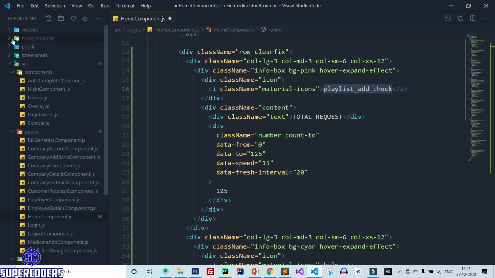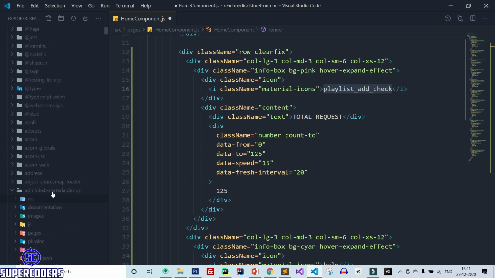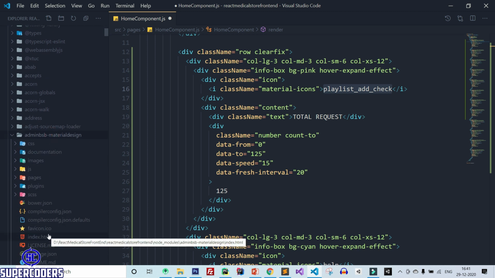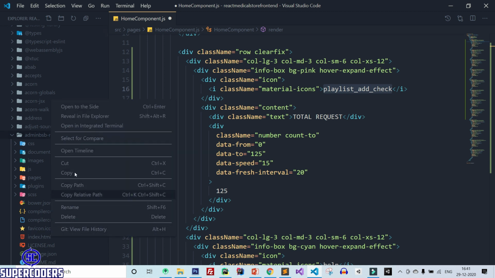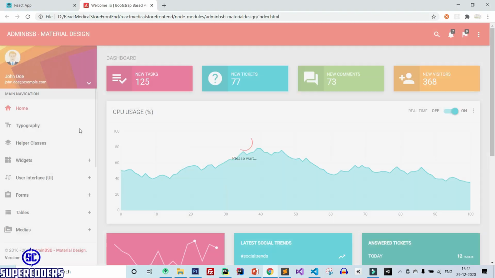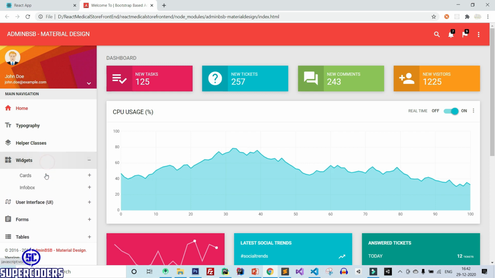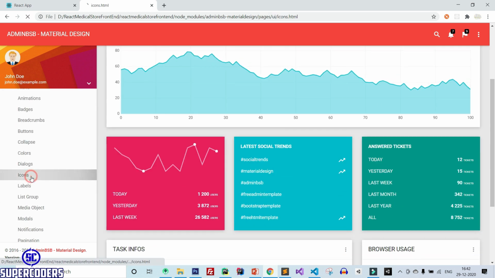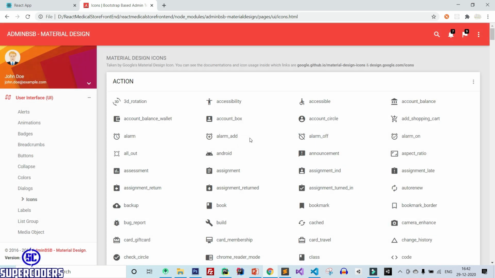So click on node modules, open admin BSP, and let's open the index page. Right click, open in file explorer. So reveal in file explorer, open the index page and click on widgets, user interface, and here you can see icon. There are lots of icons here.